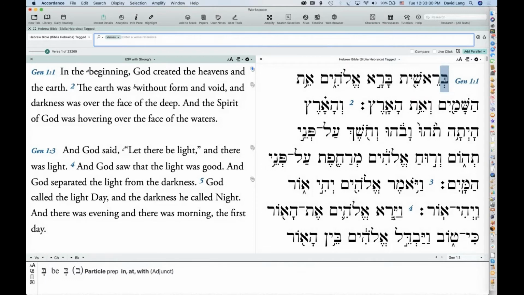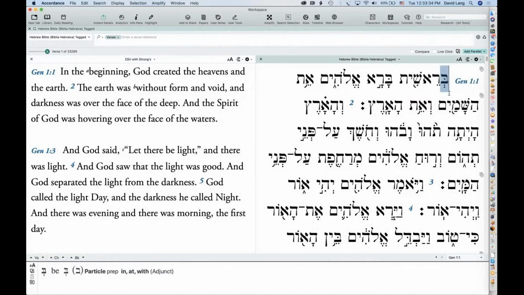And when I hover over the Hebrew text, notice that if we're looking at the text, what's the first word in Hebrew? Well, the first word is Bereshit. But Bereshit is actually technically a phrase. It's a combination of the preposition ba and the noun reshit.